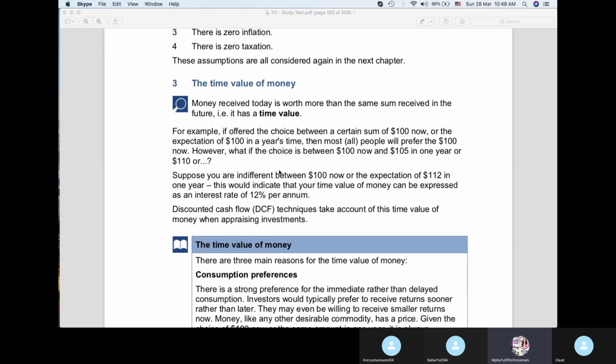The time value of money, the concept of the time value of money, probably all of you are already aware of this concept. And the time value of money is that the dollar which you would be getting 3 years down the line is worth less compared to the dollar that you have in your hand today. So the dollar which you would be getting 3 years down the line, you would discount it at a certain rate in order to make it comparable with the investment and returns.